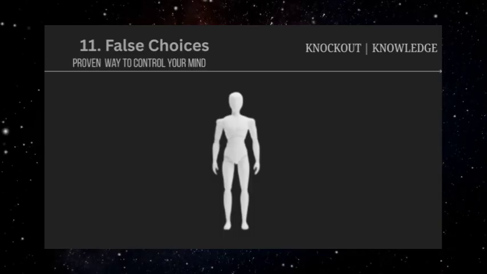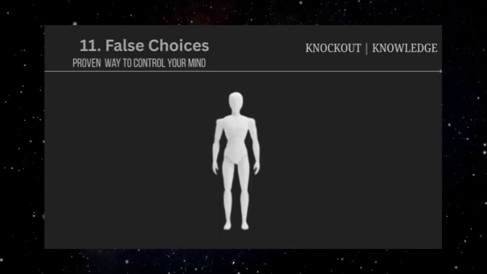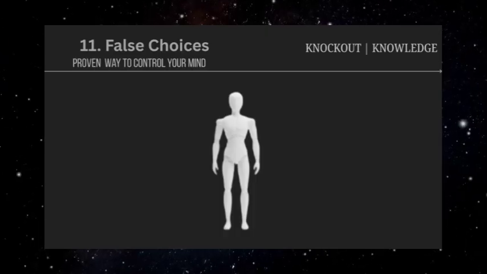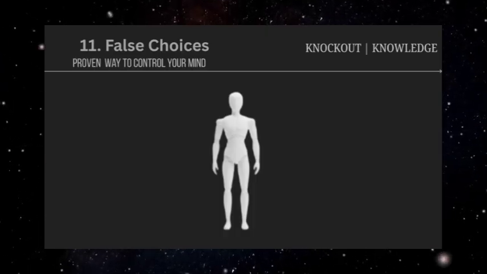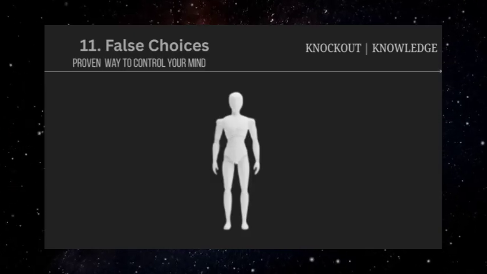In group dynamics, false choices can be used to manufacture consensus while suppressing dissent. "Should we implement Plan A immediately or take a few more days to refine it?" This appears to offer choice but assumes that some version of Plan A will definitely be implemented. It doesn't acknowledge that Plan A might be fundamentally flawed or that entirely different approaches might be better.